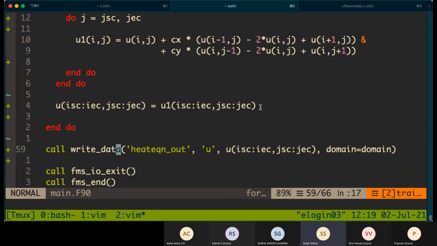And the third question is, right now we are doing a 2D decomposition here. Can we do a 3D decomposition also? No. Okay, so 1D and 2D are supported. At least this version of FMS which I'm using doesn't support it. I don't know if they have updated it to 3D decomposition.